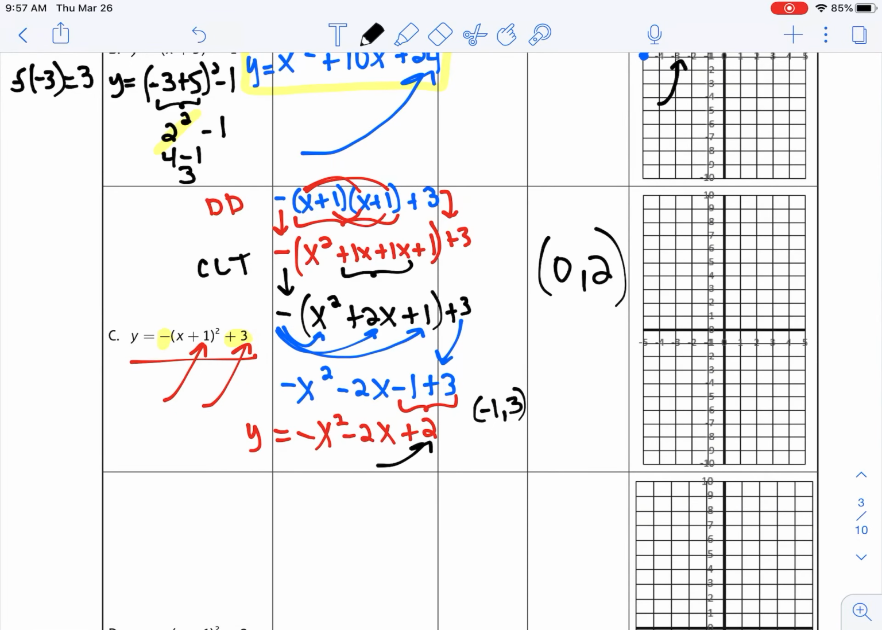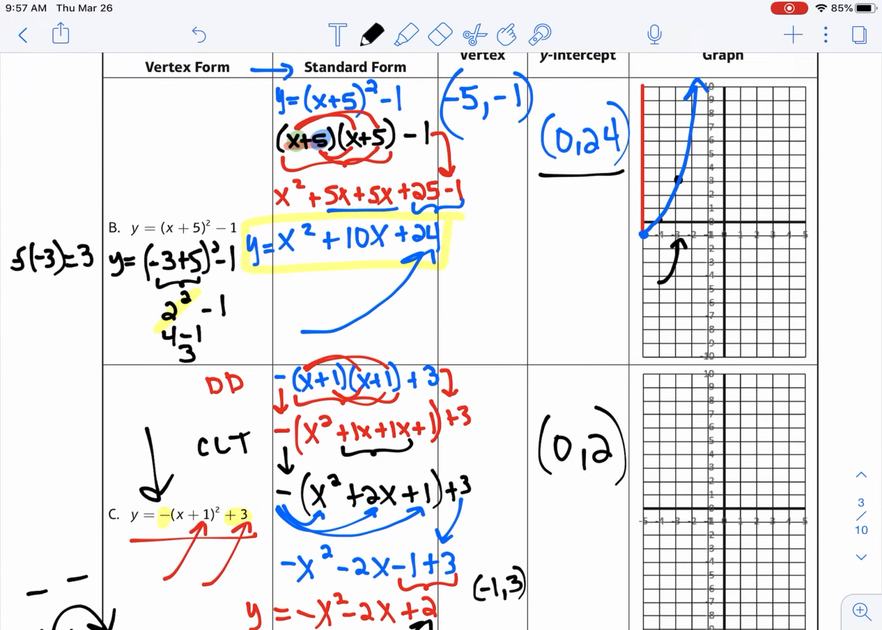All right, and let's go ahead and graph this. Now, because it's negative, you know our parabola is going to open downward. All right, so let's start with the vertex at 0, 2. The graph